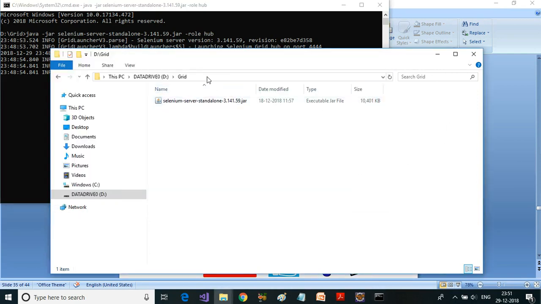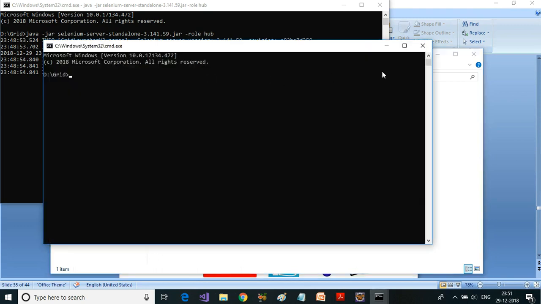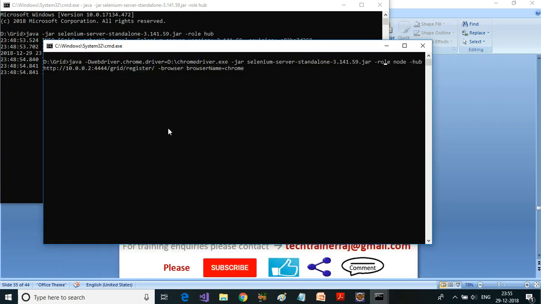Okay, to register a node, again open up the command prompt and go to the location where your standalone server jar file is. The command will be first java followed by the WebDriver location with -D webdriver.chrome.driver, and this is the location of the WebDriver,